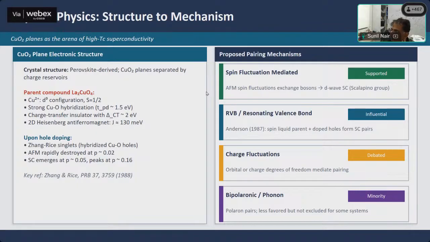So what are the different kinds of pairing mechanisms which are proposed? In a simple superconductor, the pairing mechanism is simply phononic. Now, a different version of this has also been proposed, which is known as a bipolaronic one. It's been proposed for high-Tc as well, though most people now believe that it is not true. You can have charge fluctuations, which means that you have a dynamically fluctuating charge or orbital order, which can also, in principle, act like a glue for the Cooper pair formation.